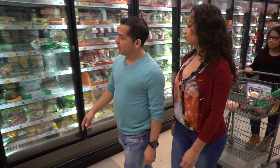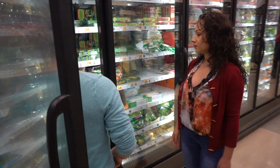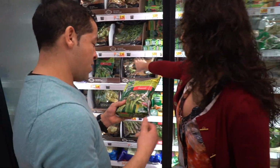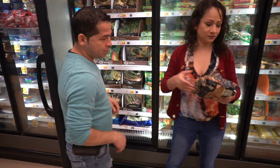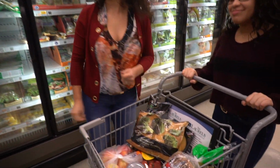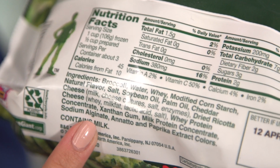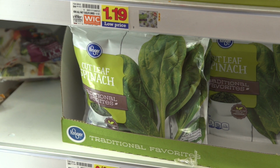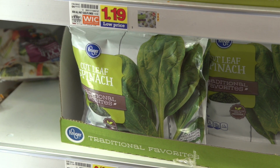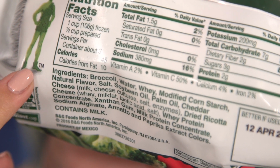Let's say you are shopping for frozen broccoli. Look at the ingredient list, in this case found on the back of the product. Be sure this bag of broccoli includes only the frozen broccoli that you are wanting and not any extra sodium or salt, fat, or sugar. Remember to also compare the nutrition facts label between products, as you might discover some veggies have high sodium or